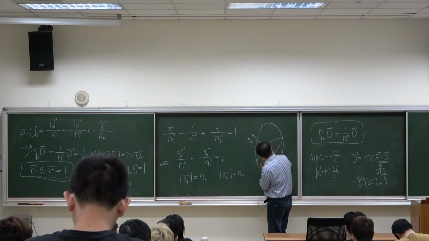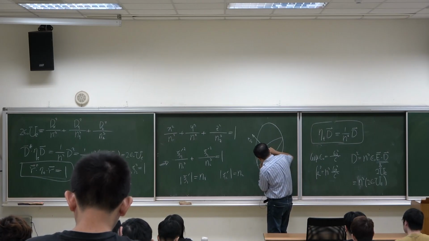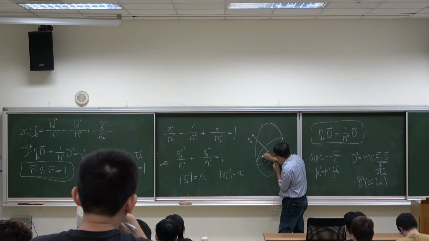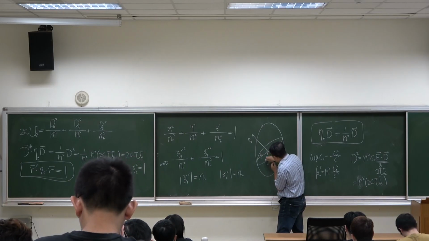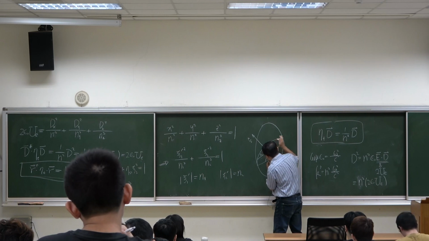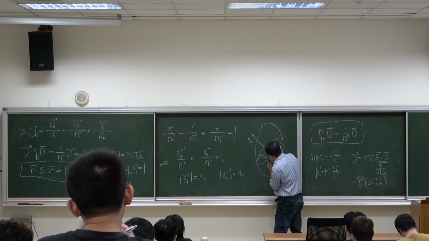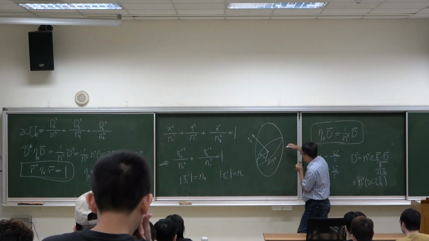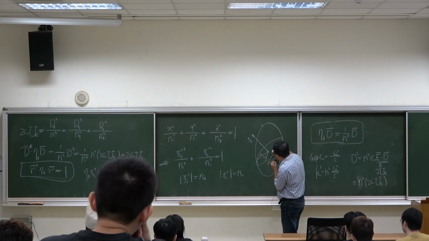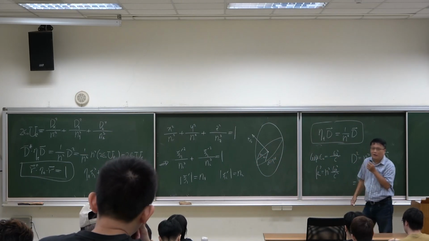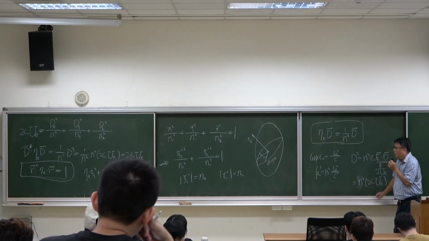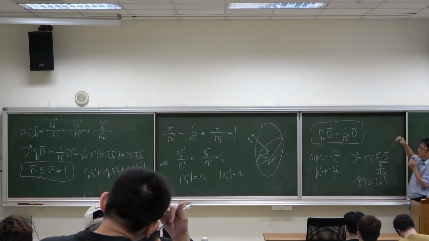And the ellipse has one major axis of length n1, and the minor axis of length n2。好，所以这样你就可以根据这个半长轴、半短轴去找出你的折射率。好，我们这边先休息10分钟。好，先下课。